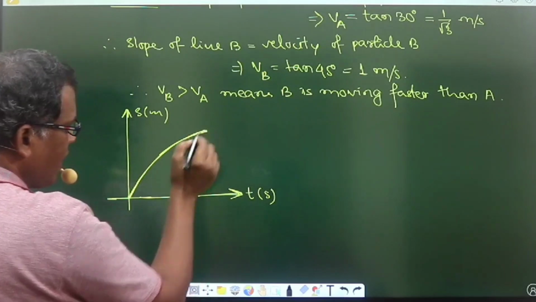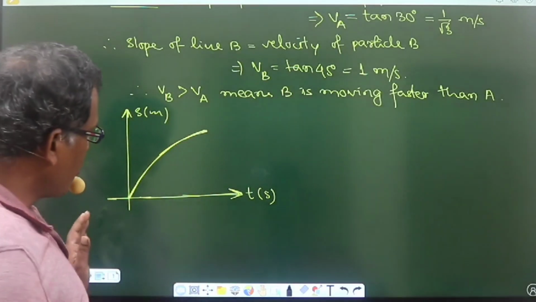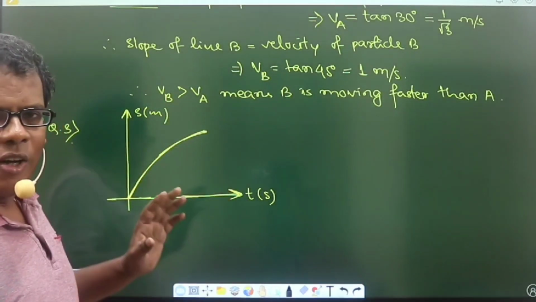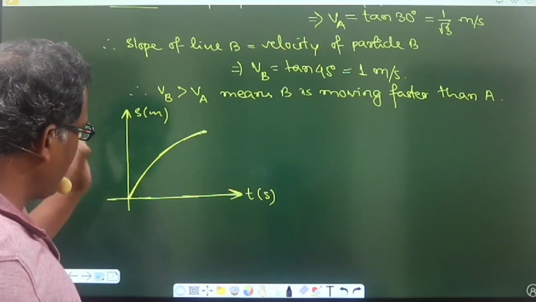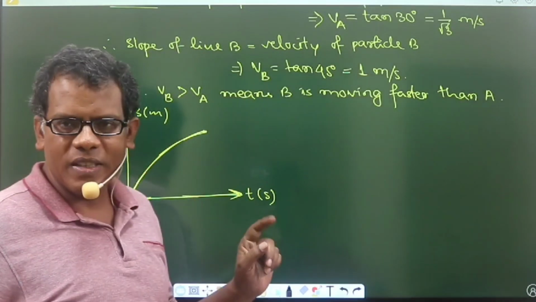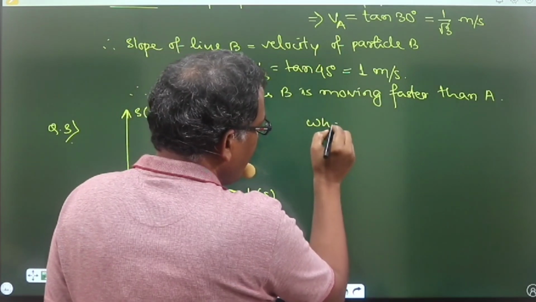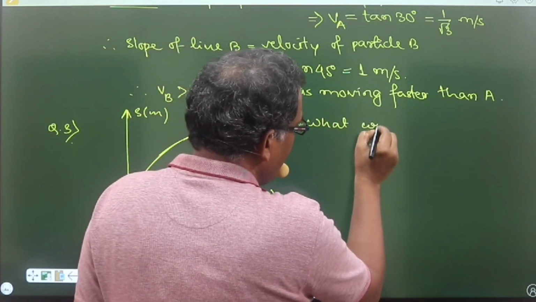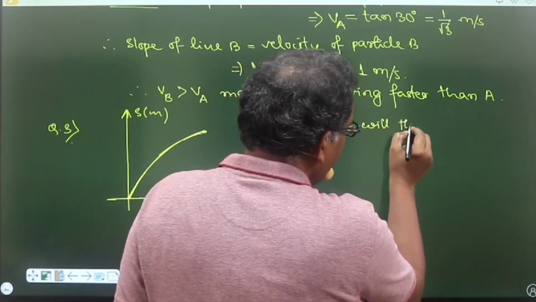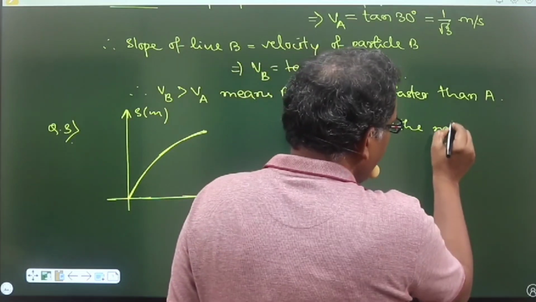A particle has been shown by drawing a curve on the xy plane representing the displacement versus time graph. So if the question is asked, what will be the nature of motion